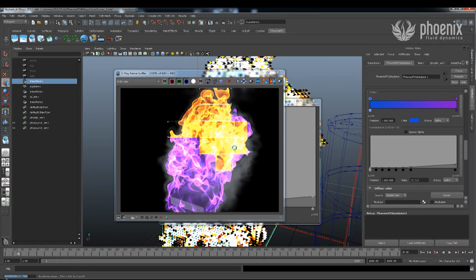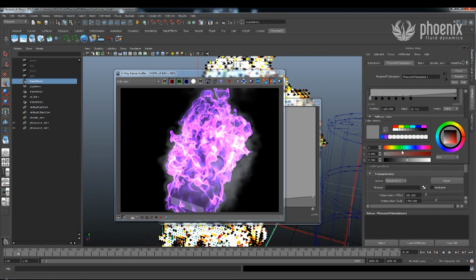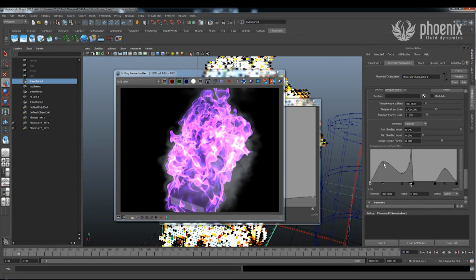Now let's play a little bit with the smoke as well. This looks pretty interesting. I just want to do something with the smoke. So for example, I can change the color of the smoke and make it green, let's say. And also I can play with this curve again here, and by changing this curve I can make the smoke